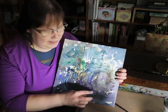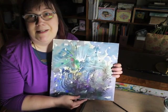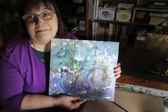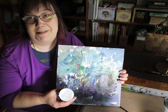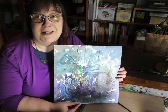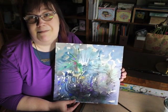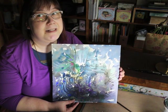Another thing before that, I have white gesso, and I'm going to make this portrait or profile a bit more distinct and clear. I often use white gesso instead of white acrylic paint because I think it's a bit cheaper. And when I'm creating this artwork for the blog post, I usually don't think of spending that much money,